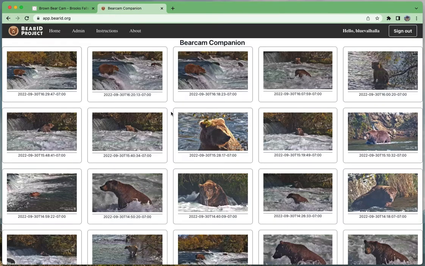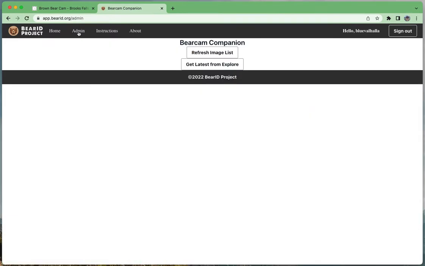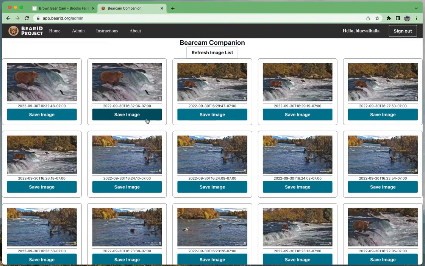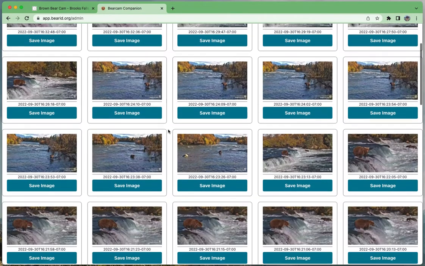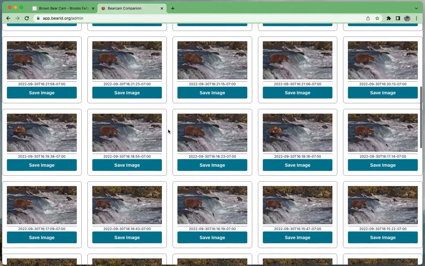One additional set of functionality in this application is for an administrator's mode. So a number of individuals we have that volunteer to help with additional labeling can utilize this administrator's mode. The main functionality that we have as administrator is, one, you're able to add new images beyond the automatically pulled 10-minute images. So here's a list of the last sets of images from